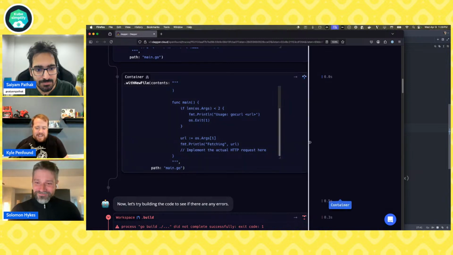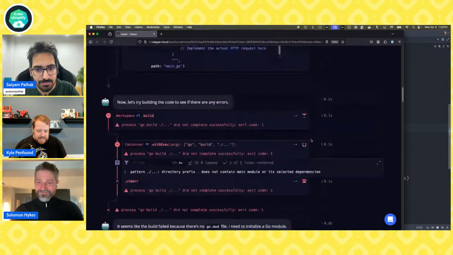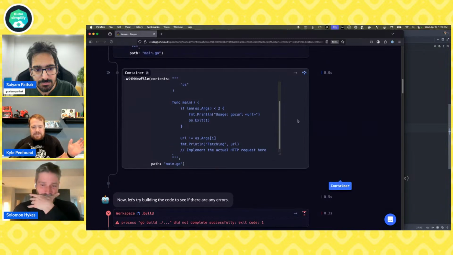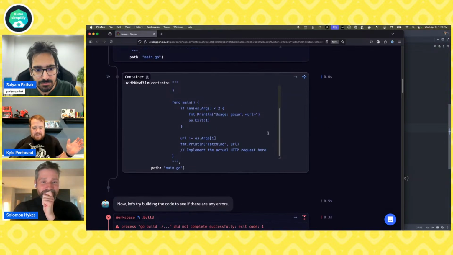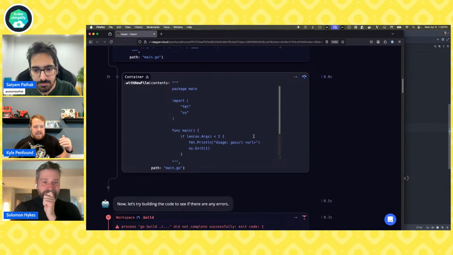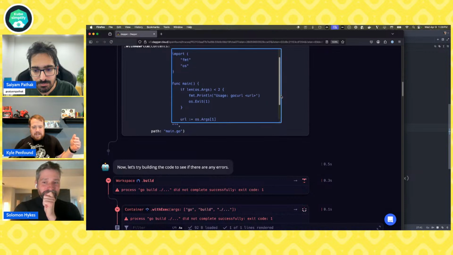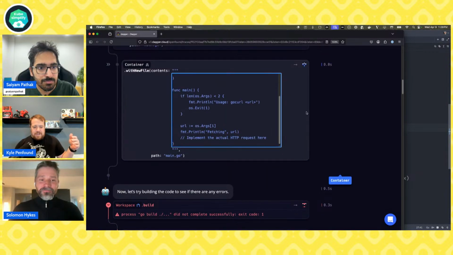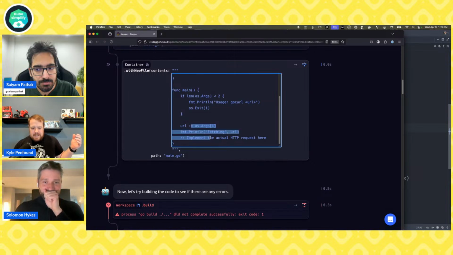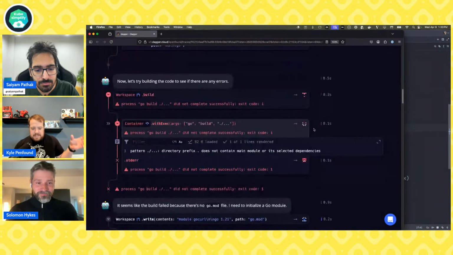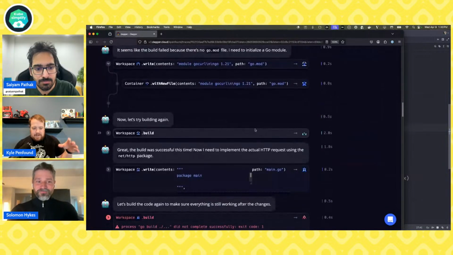So yeah, at first it looked like it went off the rails a bit, but actually this is something interesting that I've seen a lot of different models do, where as a starting point it created almost like the scaffolding for the program. It's not yet implemented, but it wanted to make sure that it's going down the right path first. So it said, okay, I've got some arguments, and I haven't yet done the actual curl part, but here's my program. Let's see if it builds. And then it figured that out, and then it builds.